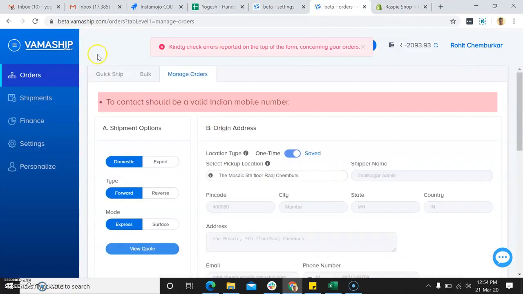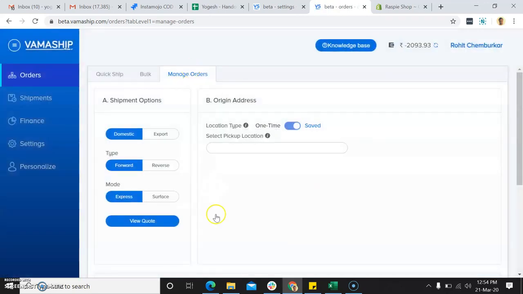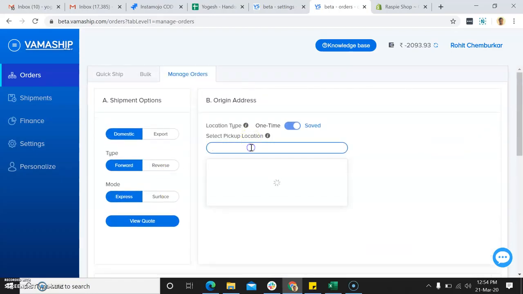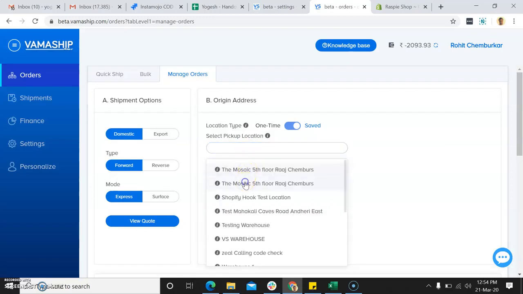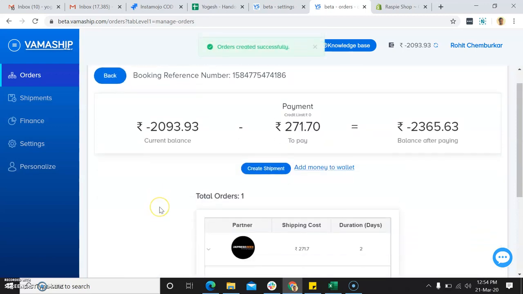I'll go back, refresh the page once again and go to manage orders. Select the order, pickup location and click on view code. Yes, now you can see